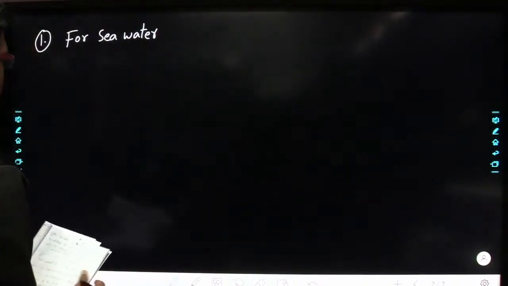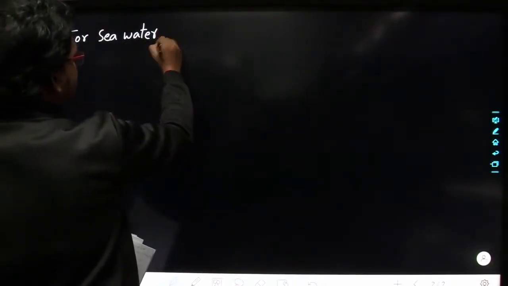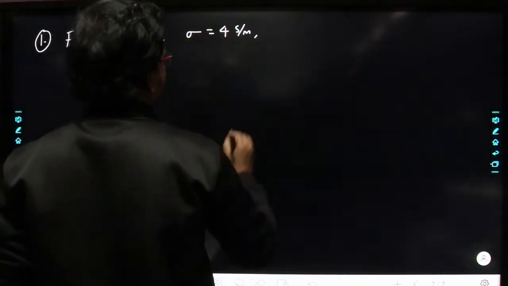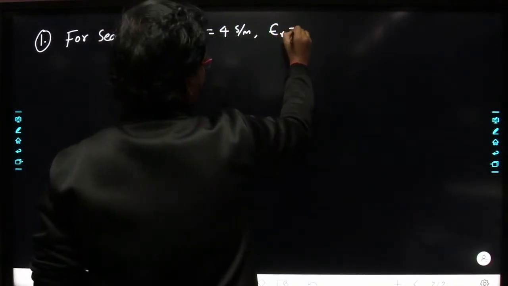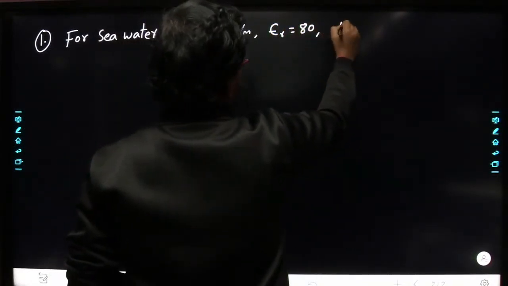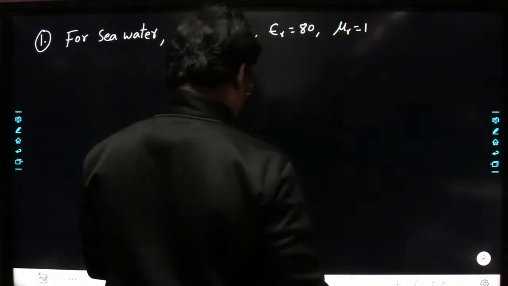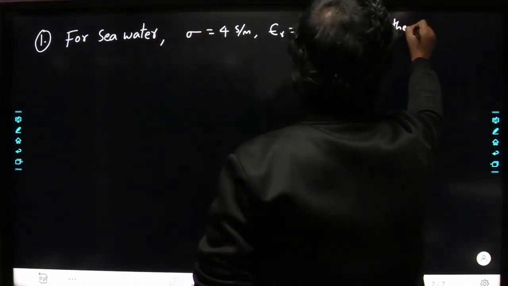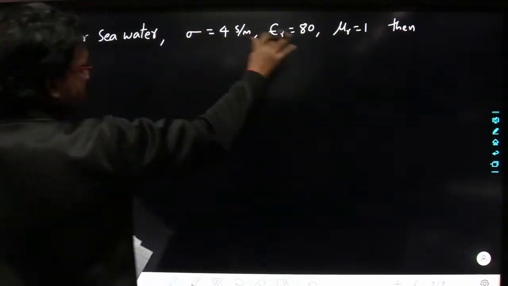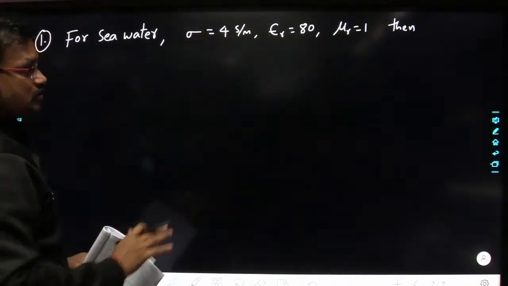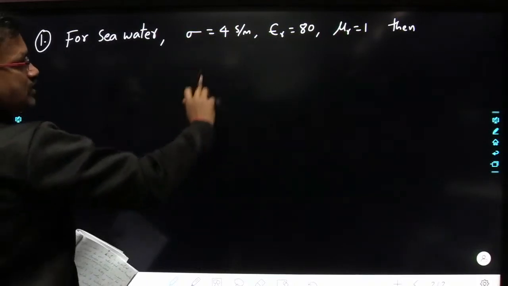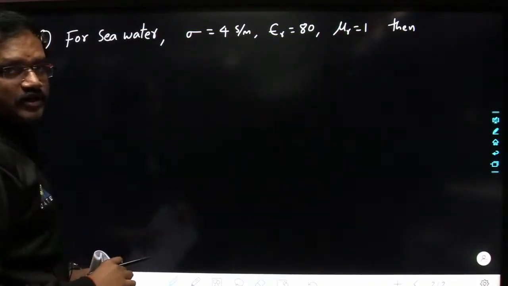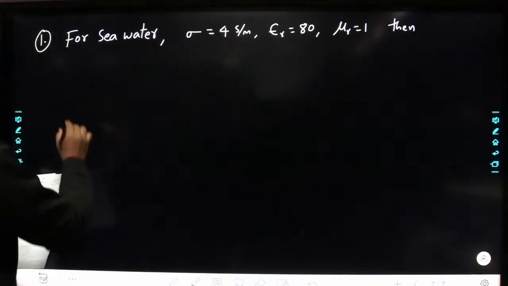So, for seawater, what are the properties here? The conductivity is equal to 4 7 per meter, epsilon r, relative permittivity, is equal to 80, and relative permeability mu r is equal to 1. So, these are the properties of seawater. Then they are asking,